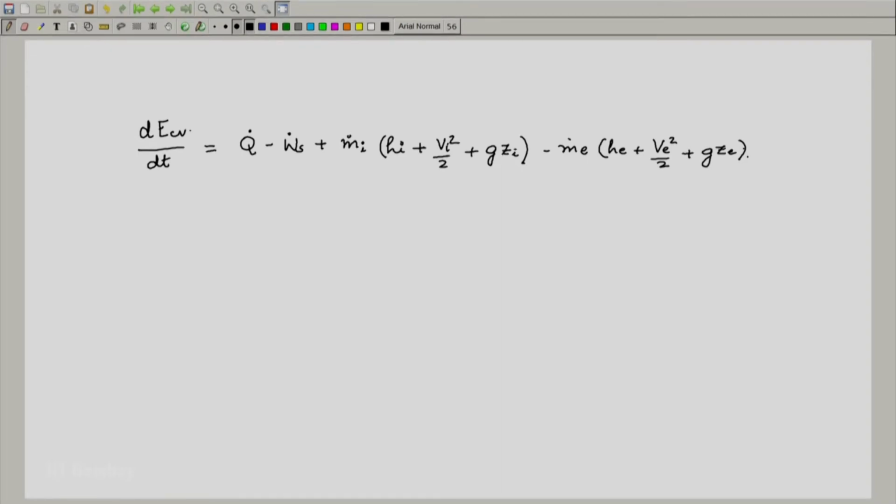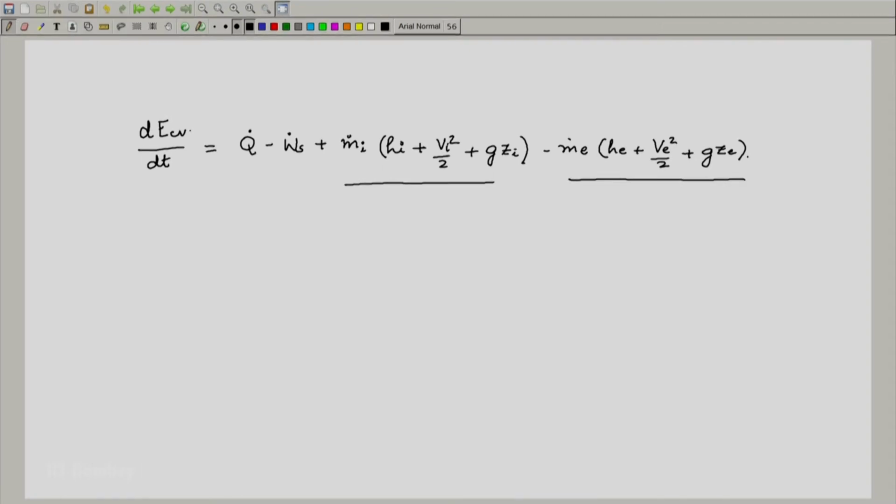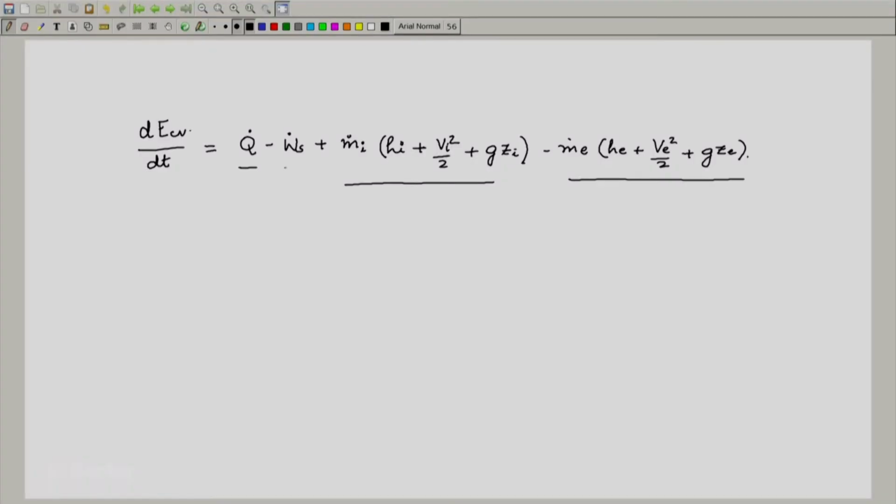Now, you also realize that this is a reasonably general form, but of course, this is for a simplified system. Whenever we have more exits and inlets, these terms can be added over the inlets and exits. If things are not uniform across an inlet and exit, then you can of course integrate. Similarly, these terms are net Q dot, and at different places there could be different Q dot, so you will have to sum all the Q dots. Similarly, for W dot there may be different modes of work, and you will have to separate this W dot s into all those components of work and so on.